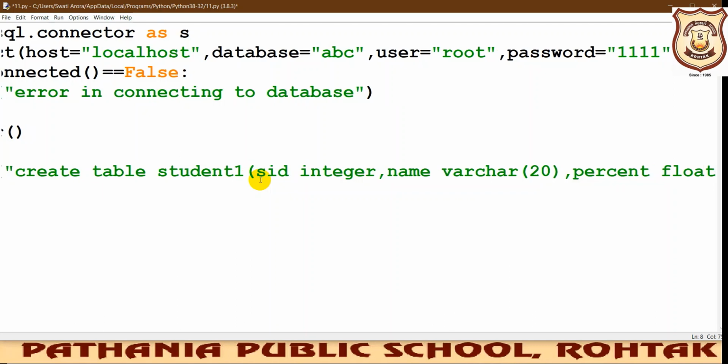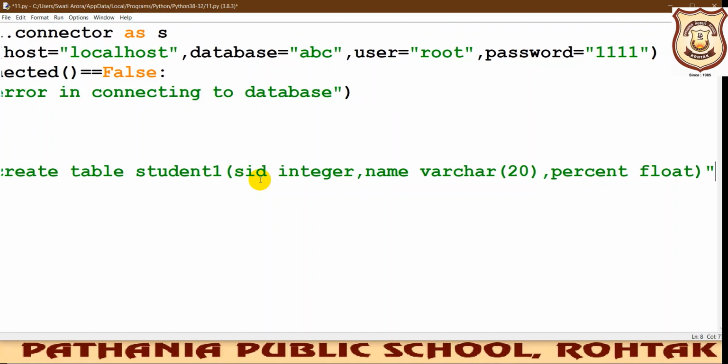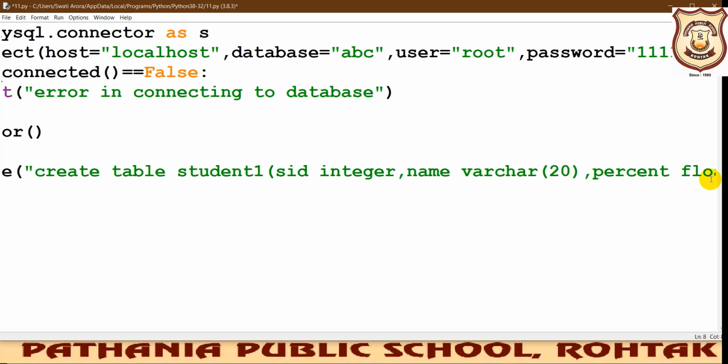Better mind it, don't forget to add the double quotes, and then close it. This bracket is for this, and this double quote we have put against the start of the query that we have written inside the c.execute function.